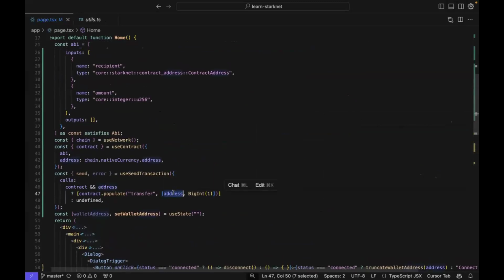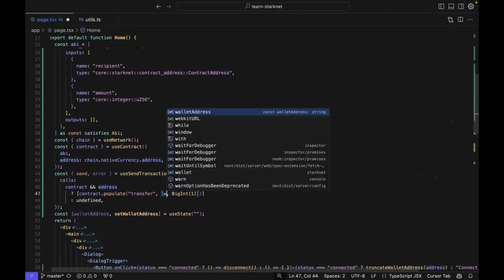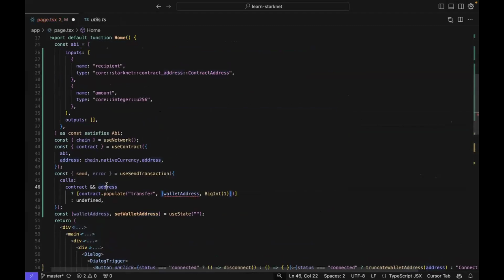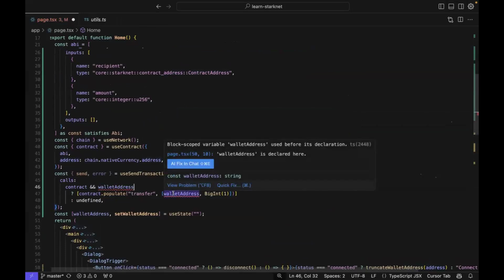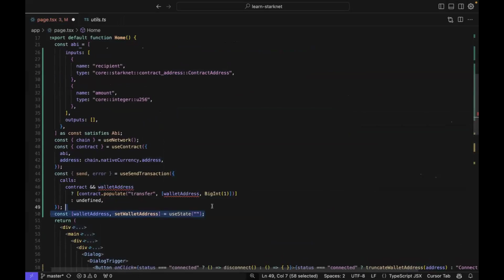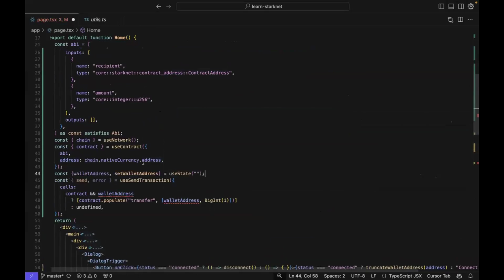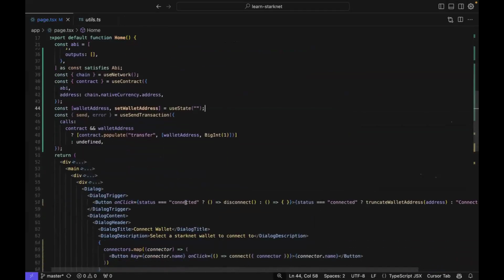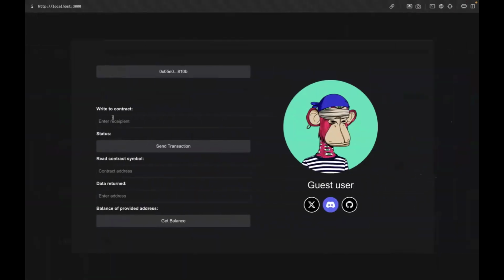So I'm going to say, the recipient is the contract address, while the amount is a U256 data type. So I'm going to put wallet address here, and I'm going to put wallet address here. It says block-scoped variable wallet address used before its declaration. Okay, I'm going to copy this and put it above. Okay, so the wallet address we put in here is what we'll be sending the transaction to,